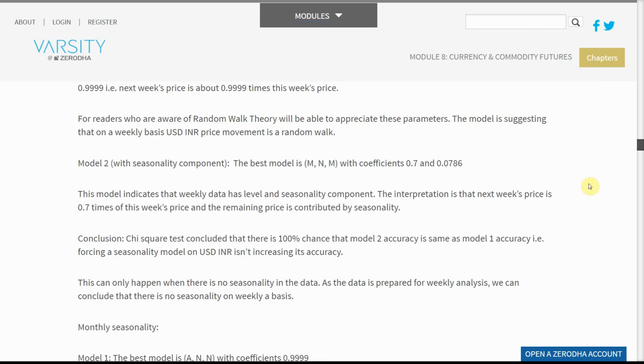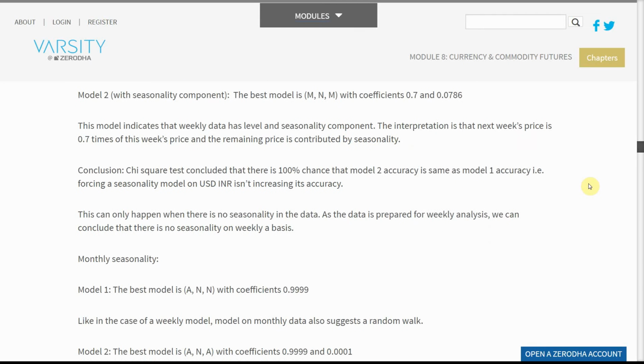Model 2 with seasonality component, the best model is M with coefficients 0.7 and 0.0786. This model indicates that weekly data has level and seasonality component. The interpretation is that next week's price is 0.7 times of this week's price, and the remaining price is contributed by seasonality. Conclusion. Chi-square test concluded that there is 100% chance that Model 2 accuracy is same as Model 1 accuracy,